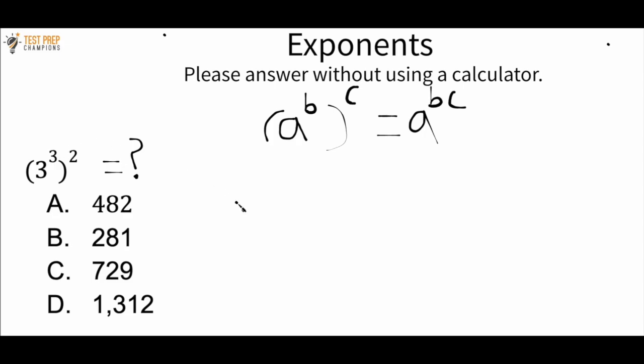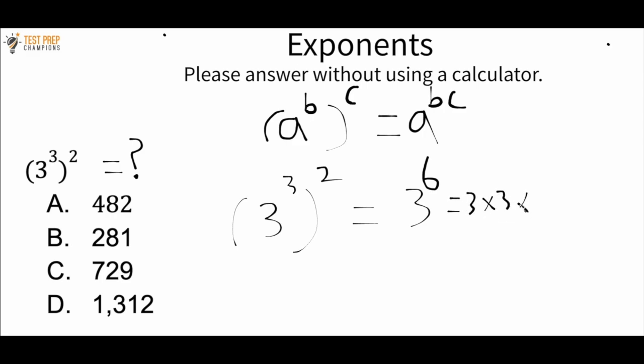Okay, so what we're going to do here is we're going to start by multiplying the exponents. So 3 raised to the power of 3 raised to the power of 2, we can turn that into 3 raised to the power of 6 because 3 times 2 is 6. So we start by multiplying the exponents. So now how do we solve 3 raised to the power of 6? How do we figure out what that equals? Well, what we don't want to do is 3 times 6, right? What we really want to do is 3 times 3 times 3 times 3 times 3